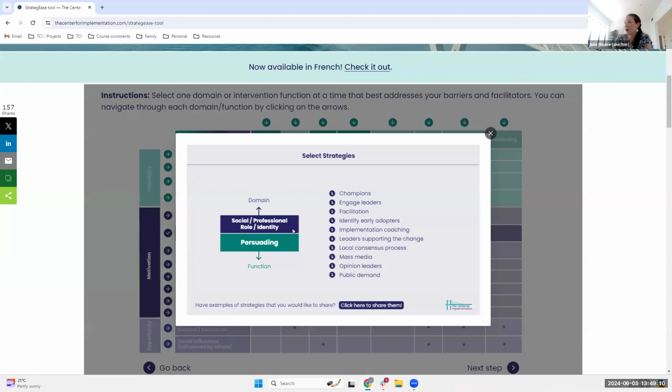You might look at this and see that public demand or mass media might not be the right answer for what you're doing, because this is a list that can work for people around the world on any topic area. So you need to sit down and make really thoughtful decisions about which of these is most appropriate and applicable for your context. It's not an answer, it's a way to help you brainstorm and discuss this as a team.